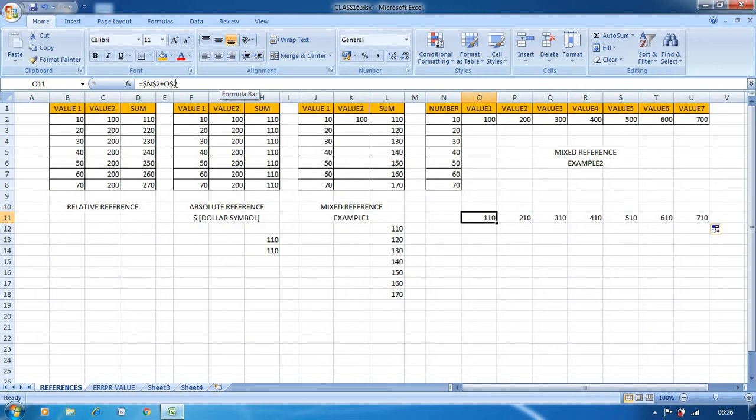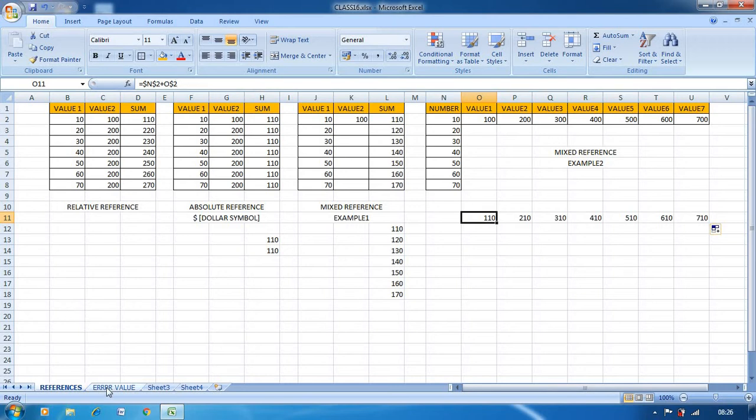And one more is circular reference, which is not in your syllabus. So what is circular reference? A formula that refers back to its own cell directly or indirectly is called a circular reference. So this is about the cell references.